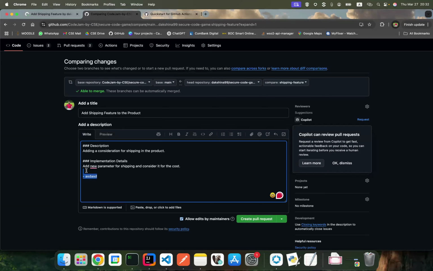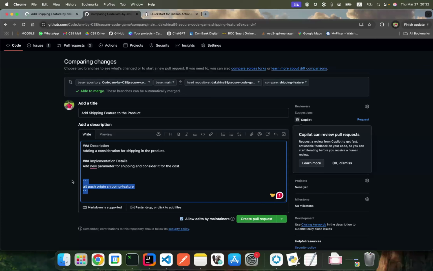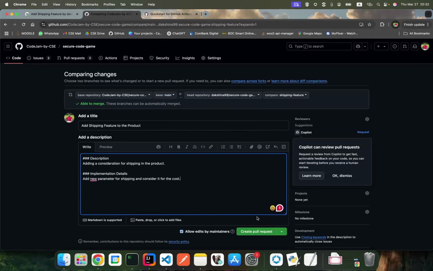When you want to mention some kind of commands, like origin shipping feature, you can format them as well. These kinds of syntax you have to follow, and you can take them from the documentation. Okay, now we are good to create the pull request.